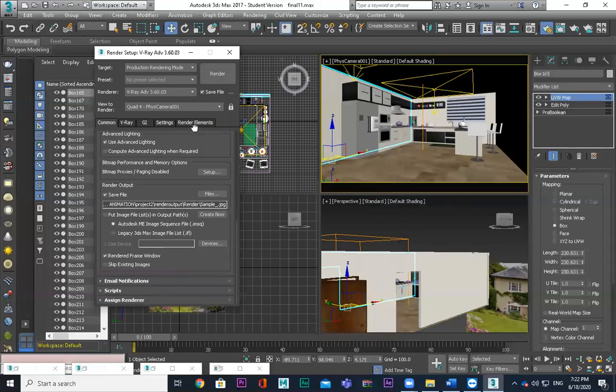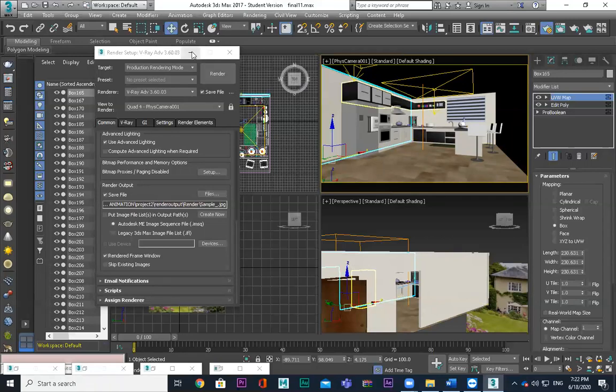Now that's it. After that, you just need to come and click on this one. Make sure that you select the viewport. You select this viewport, press middle mouse button, so you will see that yellow mark over here. So this is selected, and once you select this render, one by one, all the sequence is going to get rendered starting from 0 to 100. Clear? Yes. Understood? Yeah. Okay.